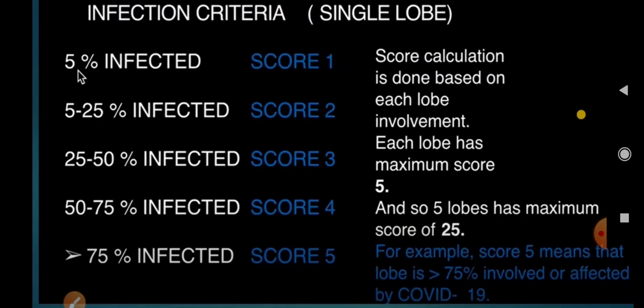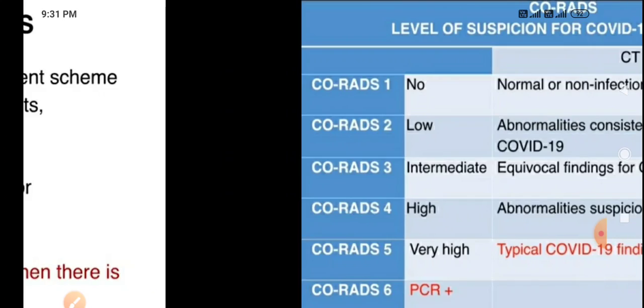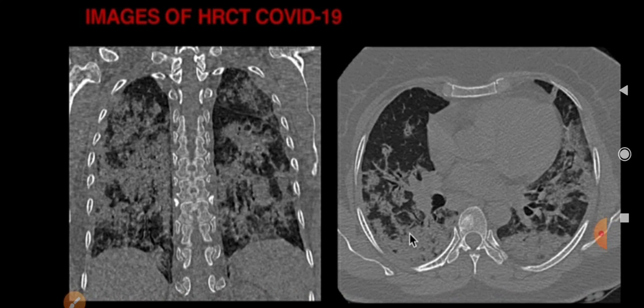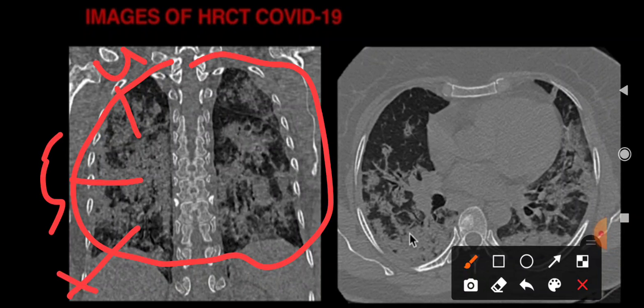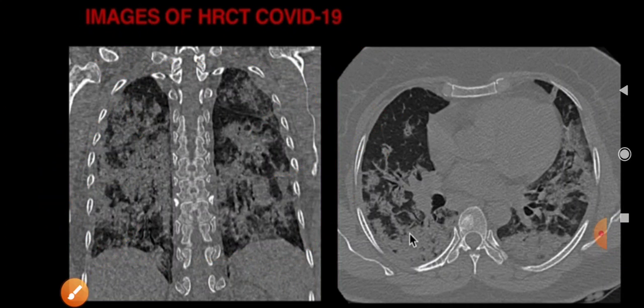I hope guys this video helps you to understand the HRCT score. If you have any queries, let me know. I am going to explain one more thing. Don't think the HRCT scoring I gave is always the same. Maybe here is a very high score, maybe involvement here is nearly 4, in this lobe is 5, and involvement there is 5, and here is 4, this is 5. It's a very severe infection. This score is given by the radiologist, and my aim here is to explain